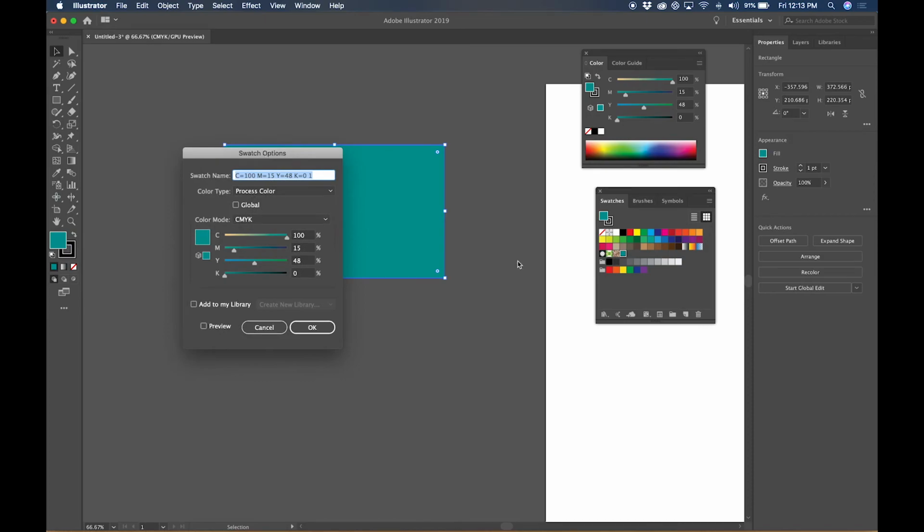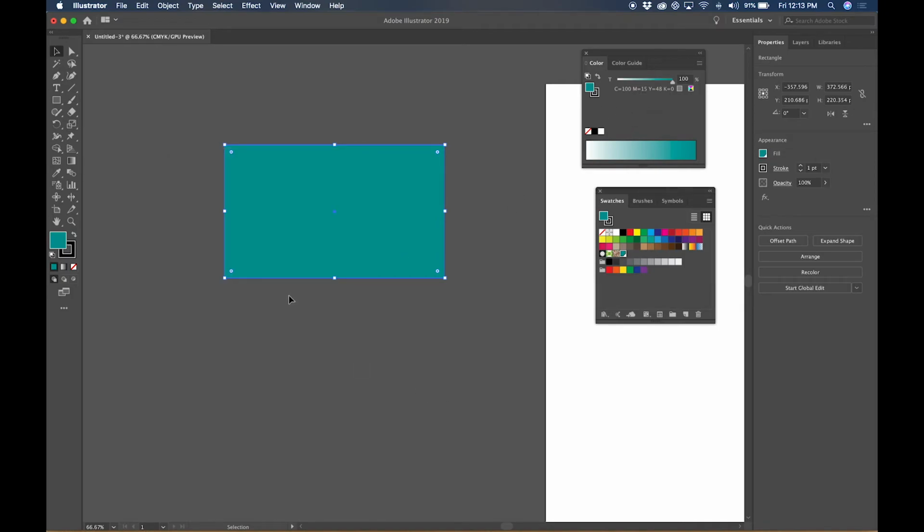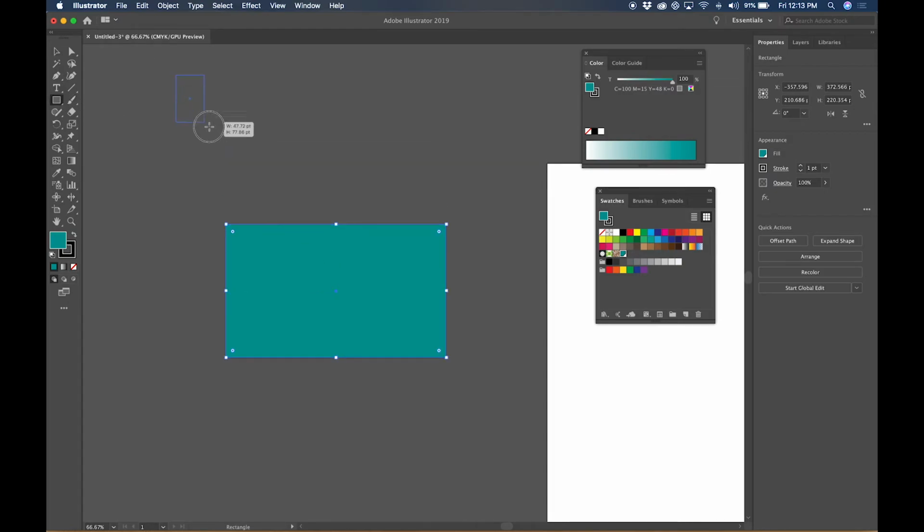Now, one thing I recommend doing if you find a color that you like is double click on it. I just check preview, but I'm going to check global. And what global does is it locks in that formula in a very specific way. What it means is now if I were to grab my shape tool and I were to grab a bunch of other instances of this color,